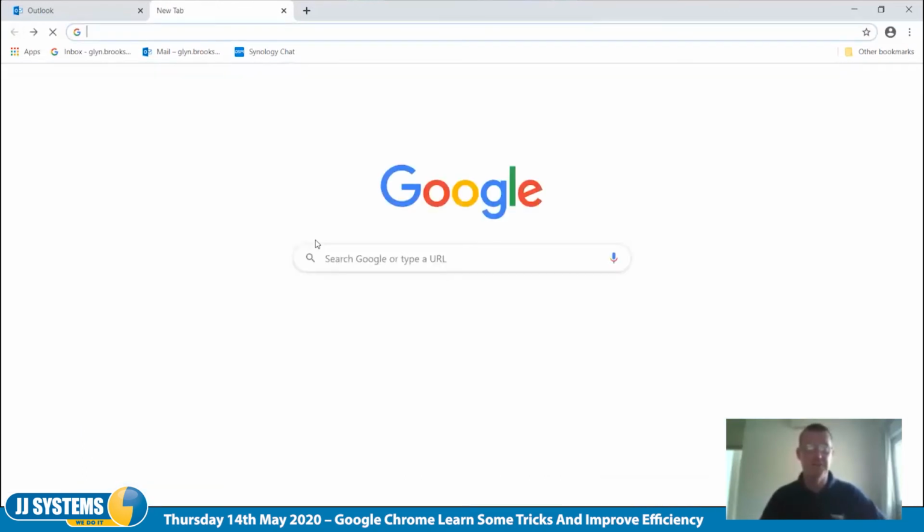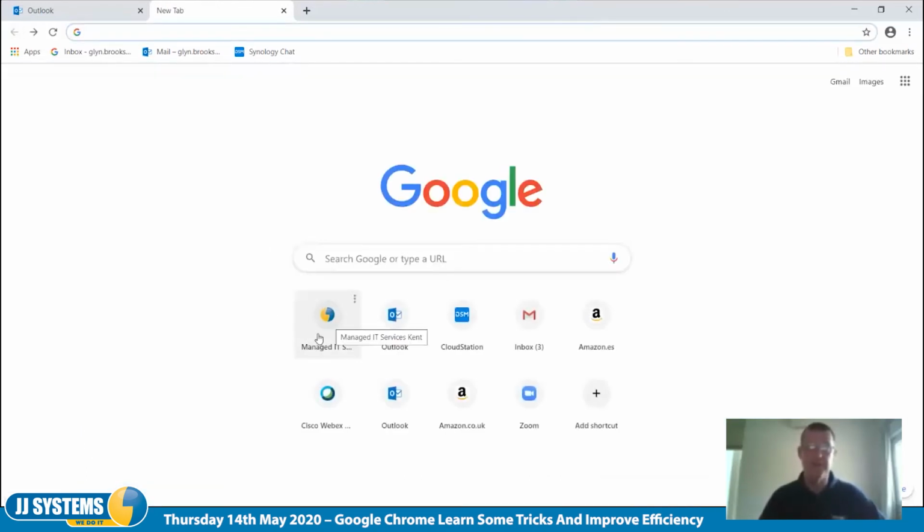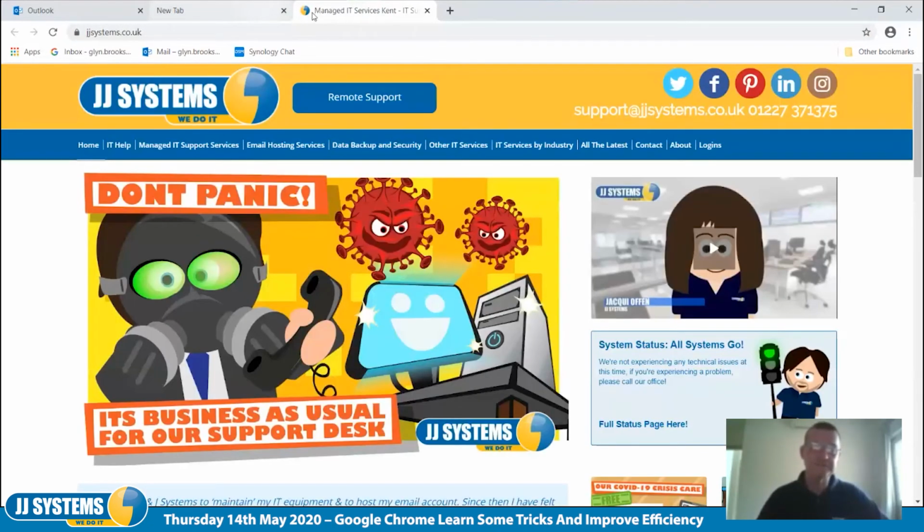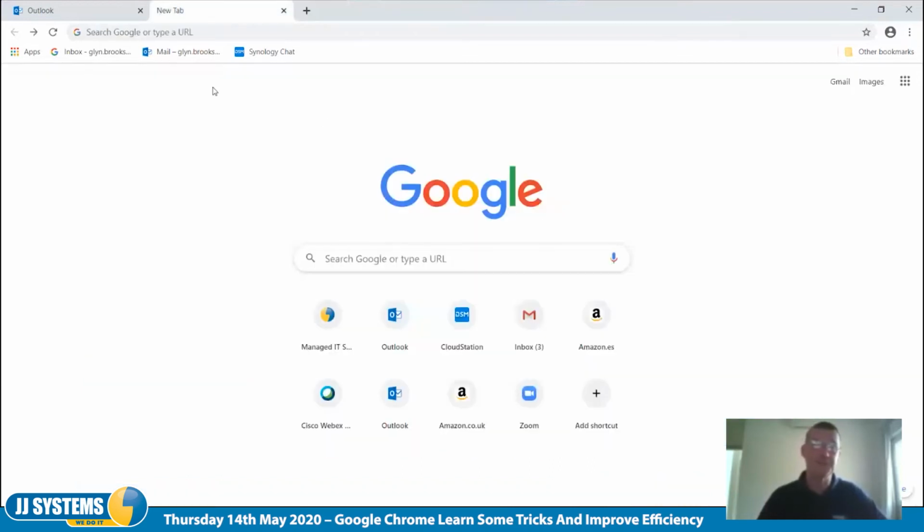Or if I wanted to keep my search page open, I wanted to open that in a different window, I can just use the mouse wheel and it opens it there. And if you've got a sticky mouse wheel, it opens it twice. So that's opening stuff. Another thing that's quite cute on the searching thing is you can search within other websites